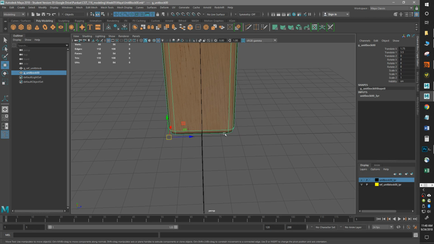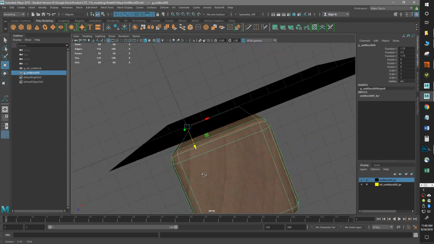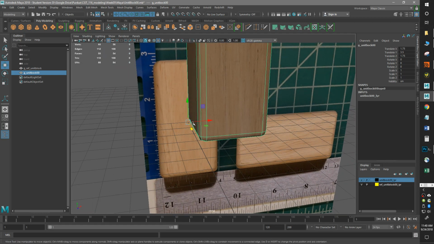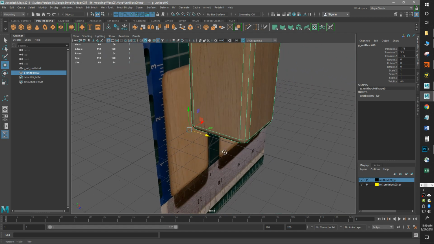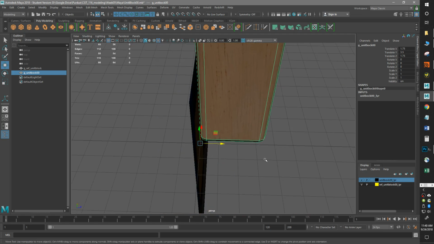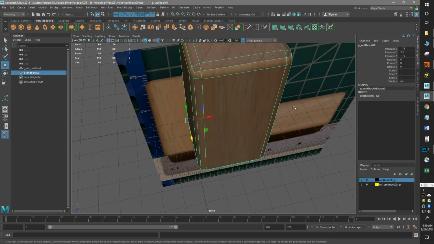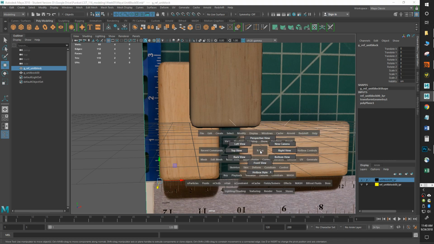And let's look and make sure we're at... Okay, so we want to be in the positive space. So let's hold X again. We'll snap right there. So when I say positive space, I mean that right now in the Y, this block is in the positive space. In the Z, it's in the positive Z space. And in the X, it's in the positive space. Let's also move our